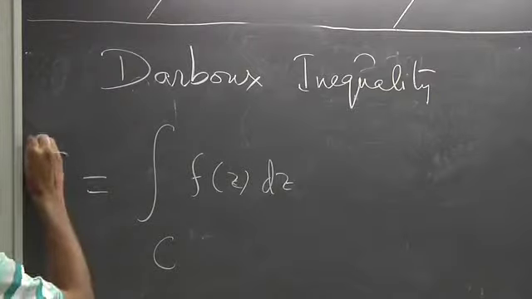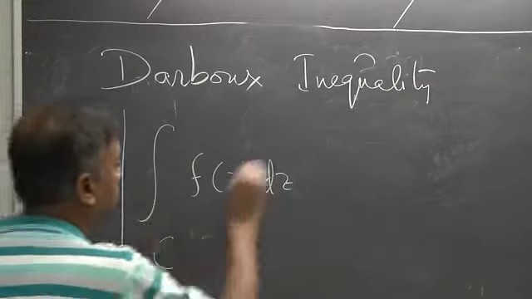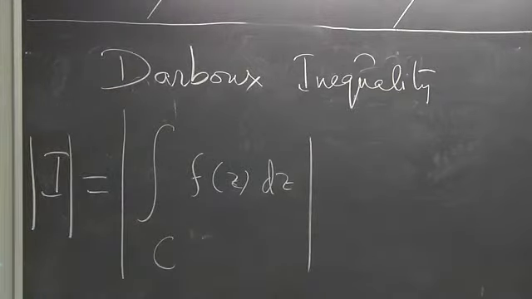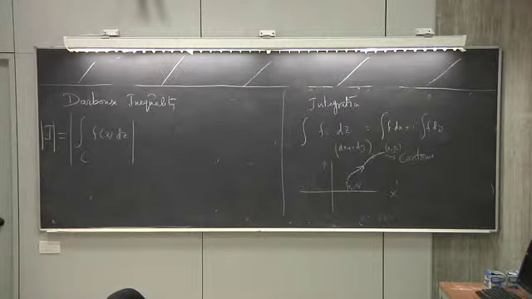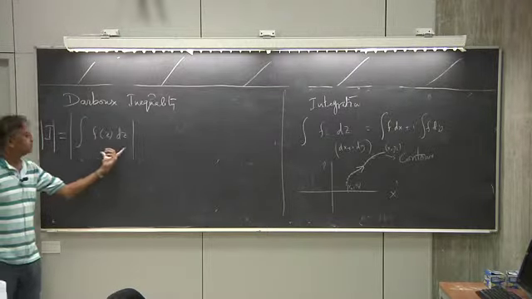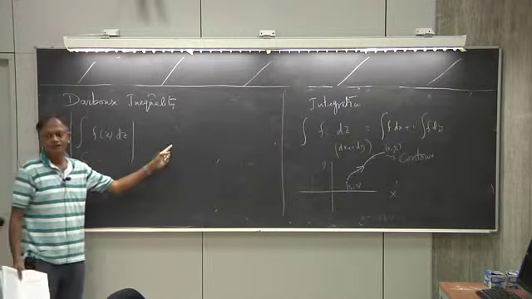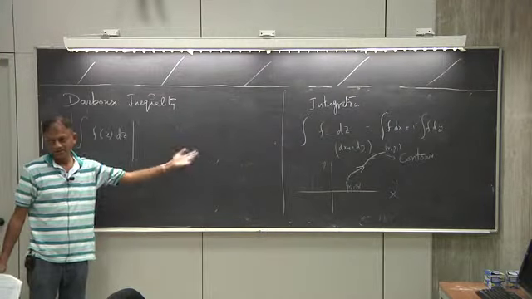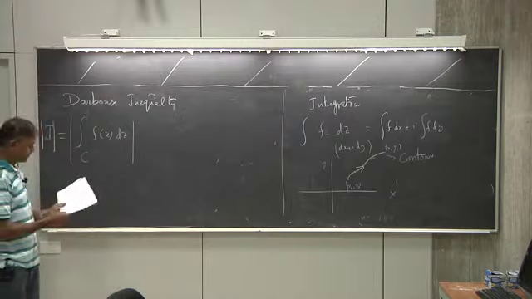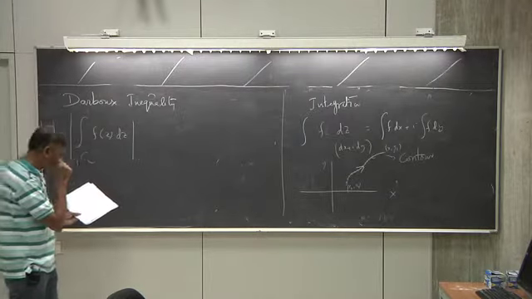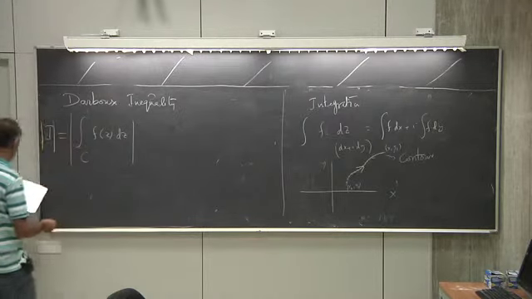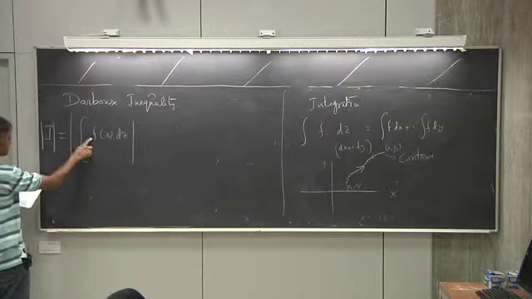In particular, if you take the modulus of this, the modulus of any complex number will always be a positive number. So you want to get a bound for that. This quantity is going to be less than or equal to something. So the way to obtain the bound is that let's first of all use the Riemann